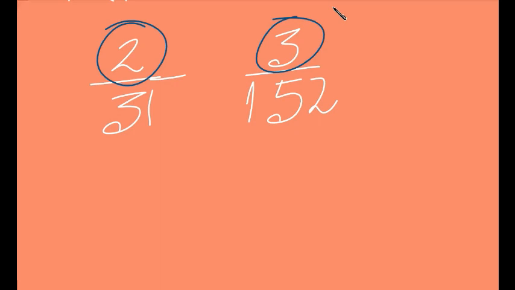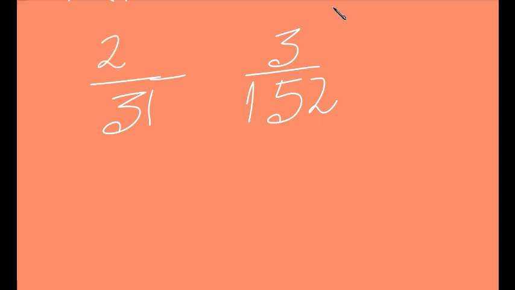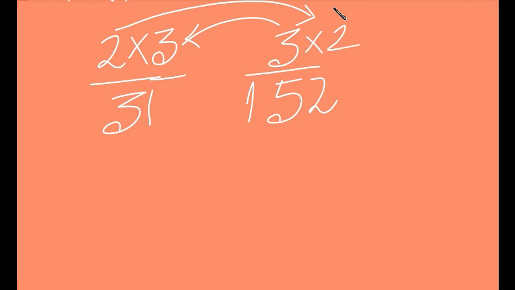So 2 and 3, what is the LCM? Now 2 and 3 are prime numbers. 2 is a prime number, 3 is also a prime number. So their LCM will be multiplication of both of them. So it's quite simple, just multiply it. So I shall multiply 3 here, and this 2 we are multiplying here. Now this exchange we are doing only because they are prime numbers, otherwise we have to do the LCM thing. Just like the denominator we did LCM, here also we have to take the LCM only, but since they are prime numbers, multiplication is quite simple.